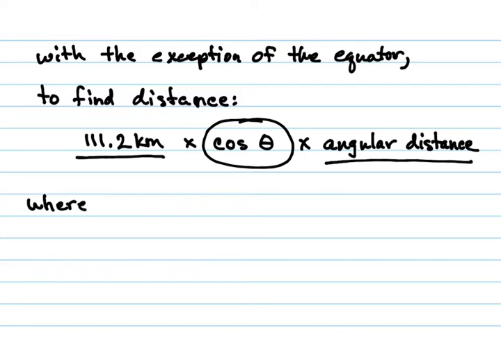Now, where theta is the degree latitude. Now that's given for you in the problem. So if they're at 48 degrees latitude, that's just a given. So you just read that straight from the problem. The 2 cities or 2 points on the globe, whatever you're looking for, are going to be at the same degree. Okay? And the angular distance